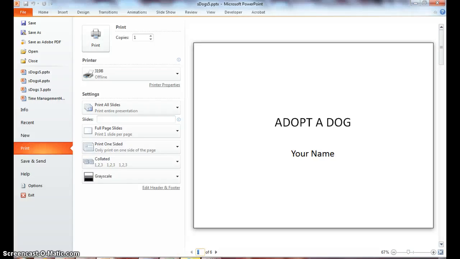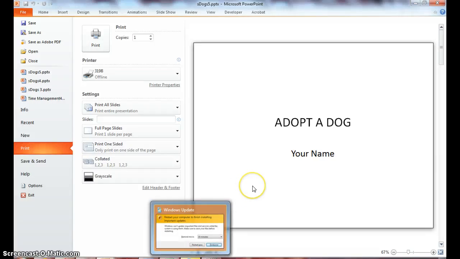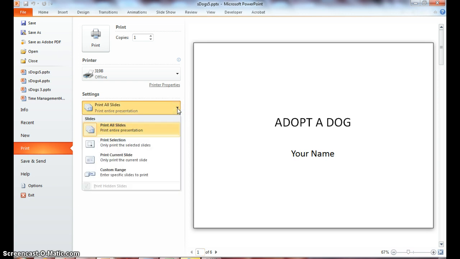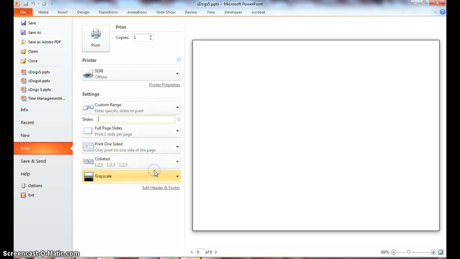on a separate page. So if you were to print the slides, each slide will fill the page in full color and in landscape. So in the middle pane under Settings, Print All Slides, drop down on this arrow and notice that there are other options. Click the custom range,